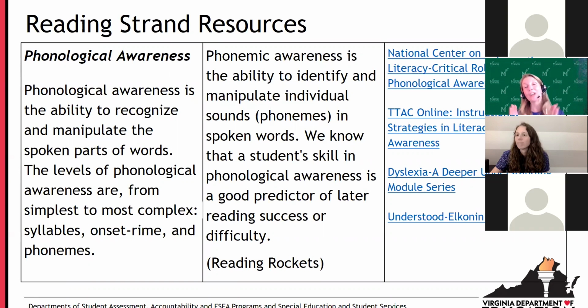We can't start at the bottom of the funnel and work back up. We have to have that reading instruction knowledge to be able to customize it and make it specific for our students. So we've tried to compile all within one document what teachers need so they can have immediate and easy access to a wealth of resources so that they can plan and deliver high quality reading instruction.